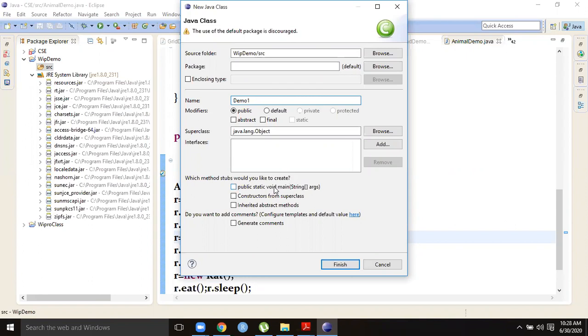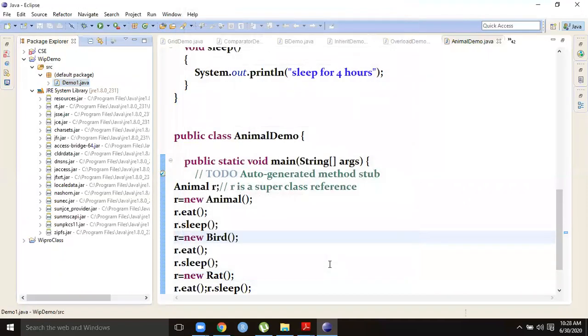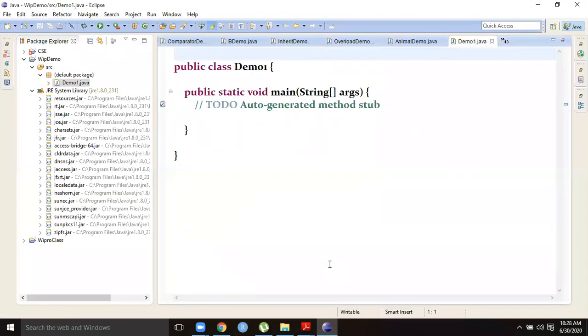If your class needs to contain a public static void main method, you need not type it, you can directly select this. If you want constructors, you can select this. Finish. Your class is created.